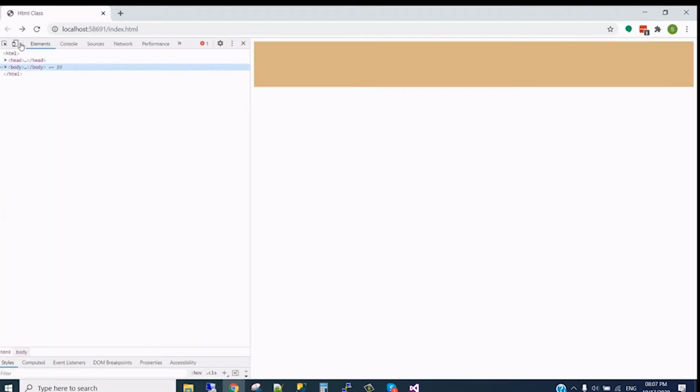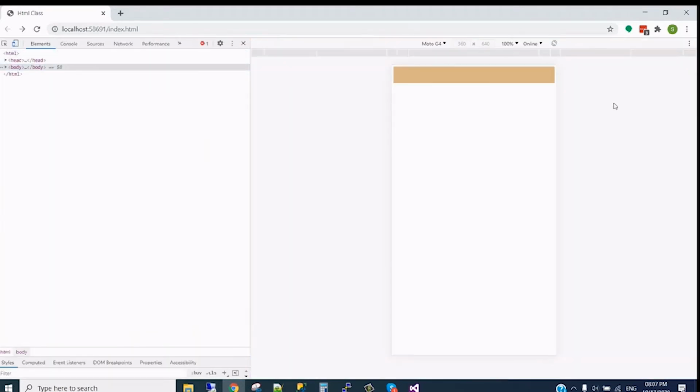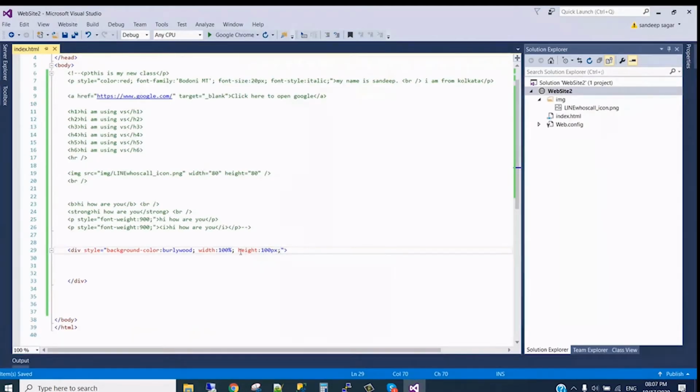If I go to the mobile design, like the Moto G4 and Galaxy S5, the width takes the full size, but the height is whatever I gave. We can or cannot give a height, it is up to you, because if you fill content inside, it will automatically make its own height.